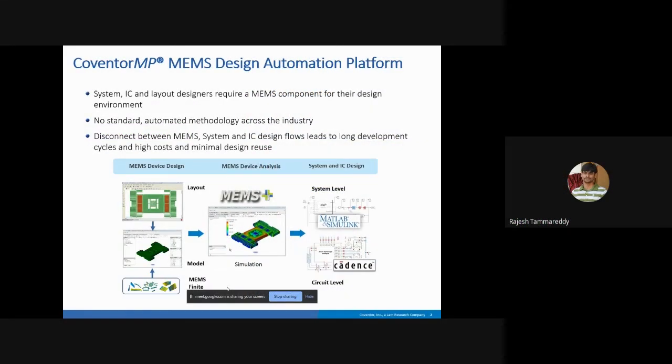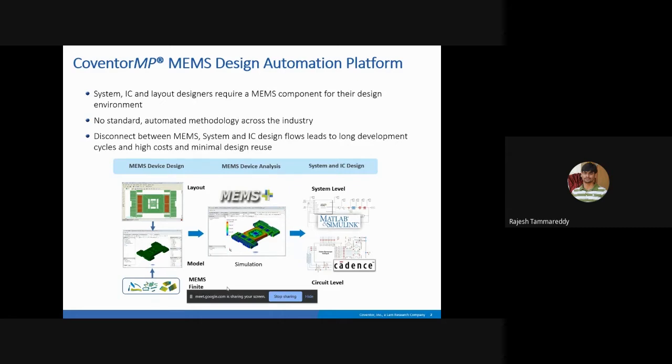You need to give the voltage or excitation steps to the circuit connected to the MEMS sensor or actuators. So you need this model to work along with an ROIC, and it needs a system to work together, right? So that is where this MEMS+ comes into the picture. Here you are doing advanced simulations, taking these MEMS+ MEMS sensor models.